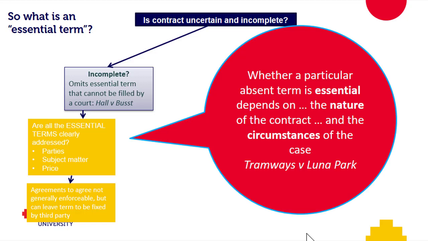So, in working out whether a term that is missing is an essential term, we need to look at the circumstances of each case. Now, well, that's actually what we've just been talking about to this point. Key case here is Tramways and Luna Park. It's worth a read. It's one of the regularly cited cases. It's a case where Luna Park, New South Wales version, I'm sure everybody knows it's a theme park, entered into an arrangement with Tramways Advertising, which basically said that its advertising would be on trams that would be out and about for at least 8 hours every day.